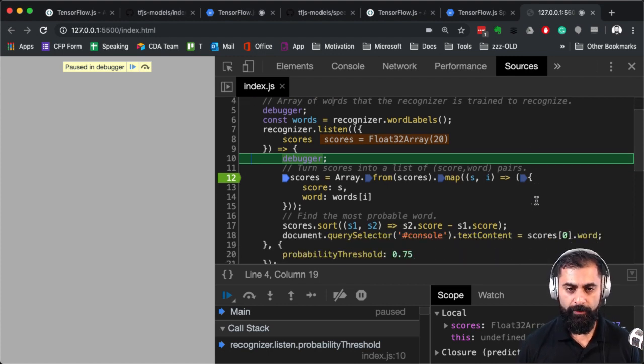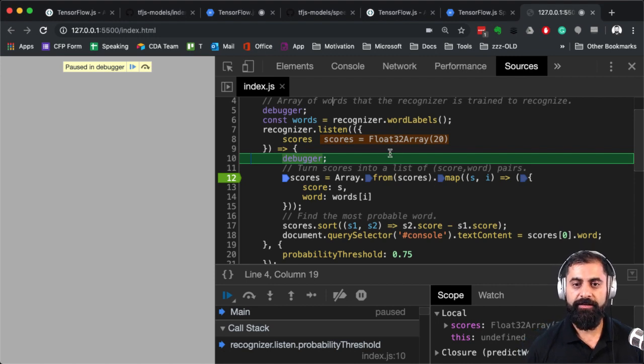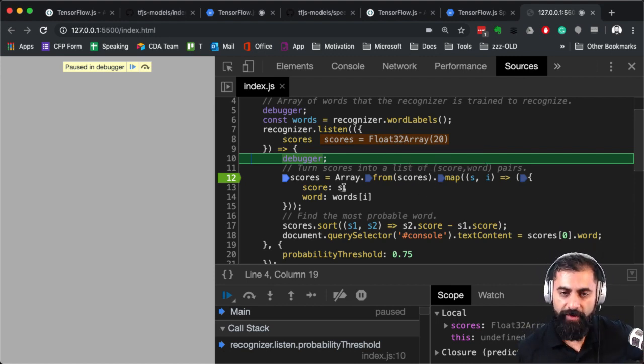And then what's it doing? So then it's turning a Float32Array from scores into an array, and then map. So it's turning it into an array of objects, I bet.